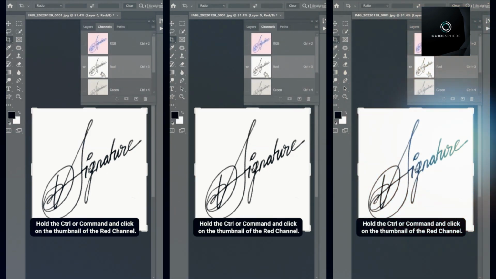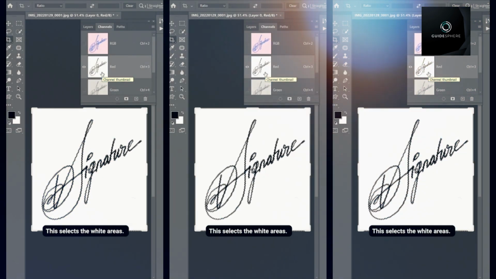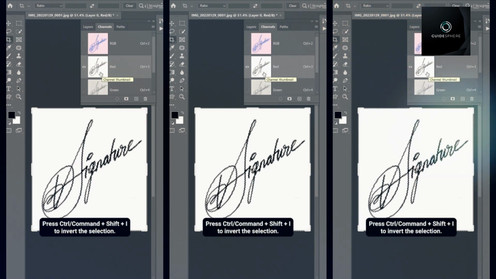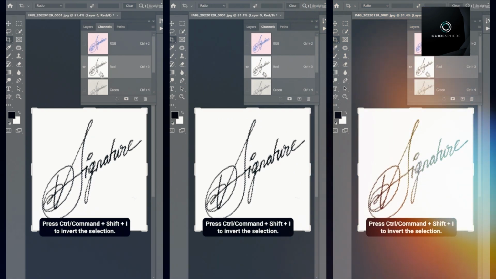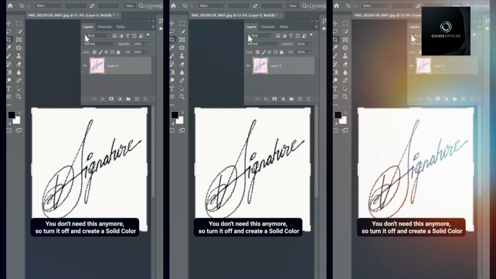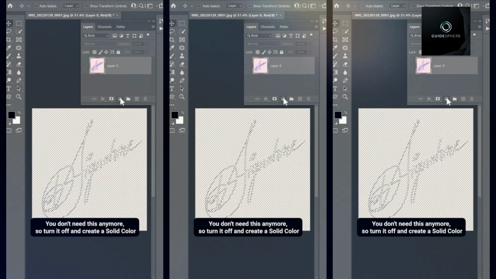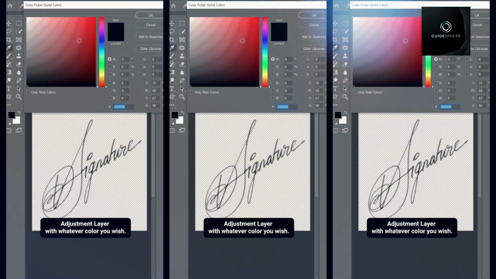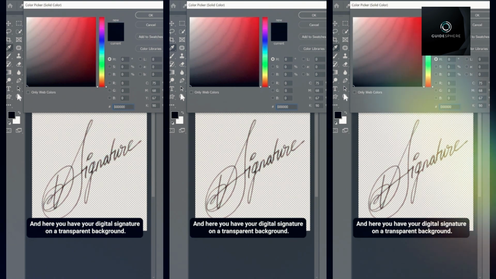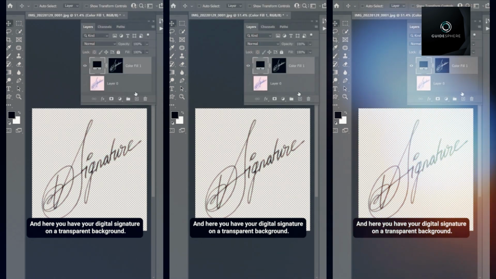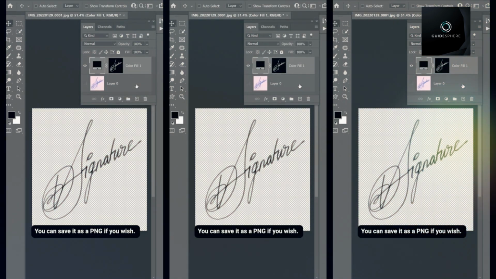Into recommend and click on the thumbnail of the red channel. This selects the white areas. Press into recommend, shift I to invert the selection. Get back to less, you don't need this anymore, so turn it off. And create whatever color. Here, you have your text profile. That's the one part. You can also add